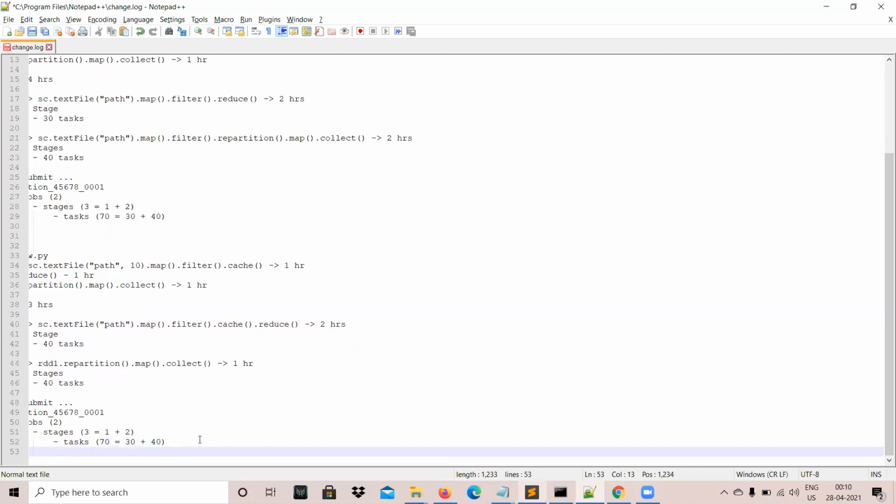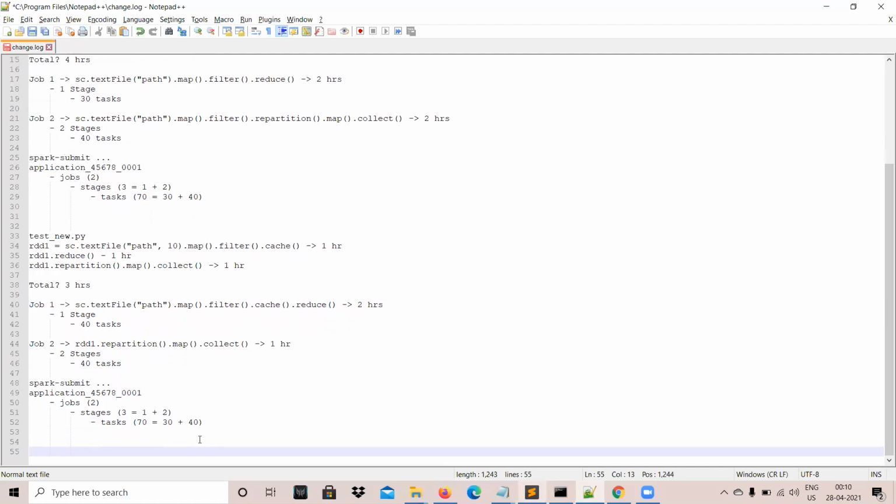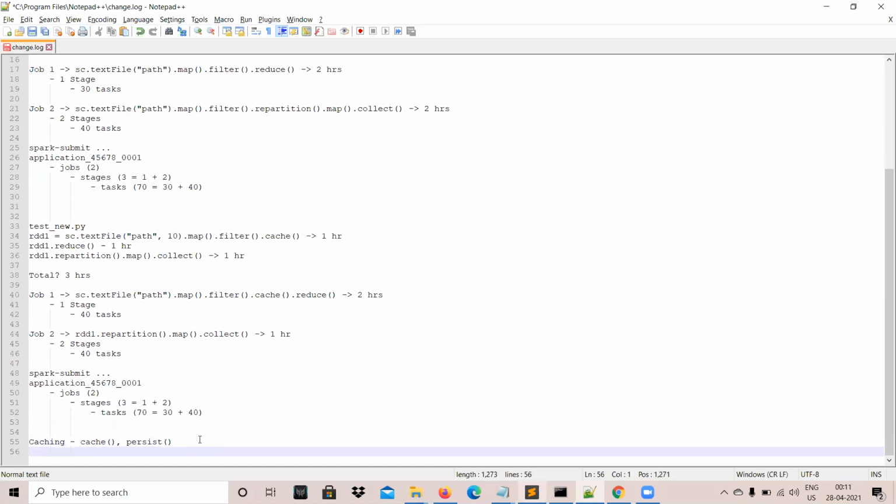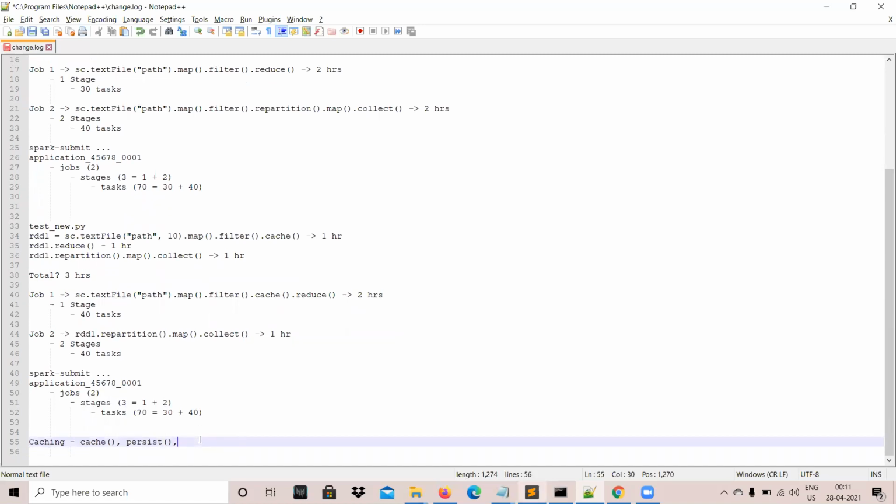But luckily Spark identified this in the very beginning. It knows that most of the time it's not practically possible to cache this much data. So they have created different levels of caching. Caching happens in two different ways using two different functions: one is called the cache function, another is called the persist function. Persist again has two variants: persist without a parameter, and persist that takes a parameter, the storage level.